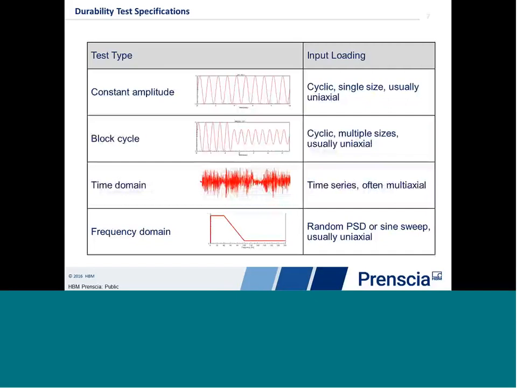So these types of tests that we build, these durability tests we build in the lab environment, can take many shapes. At the top, we see a very simple, what we call constant amplitude test, and this is usually used for uniaxial loading scenarios and where dynamics is not important. The idea is that we push back and forth and back and forth, and we're imparting a fatigue cycle over and over, this repetitive fatigue cycling to incur or accumulate fatigue damage in the device on test